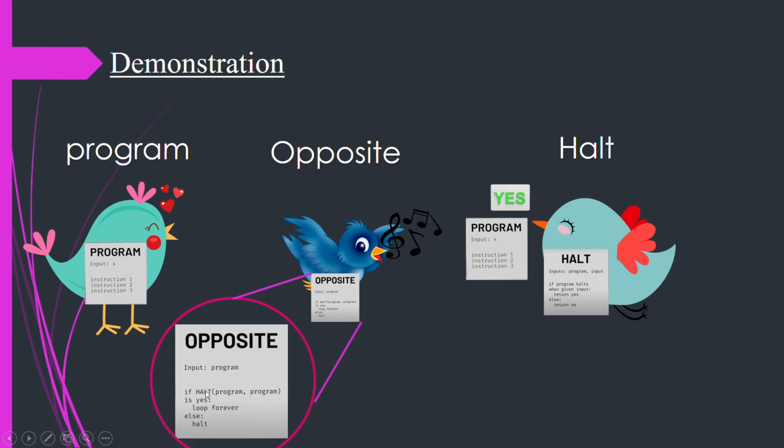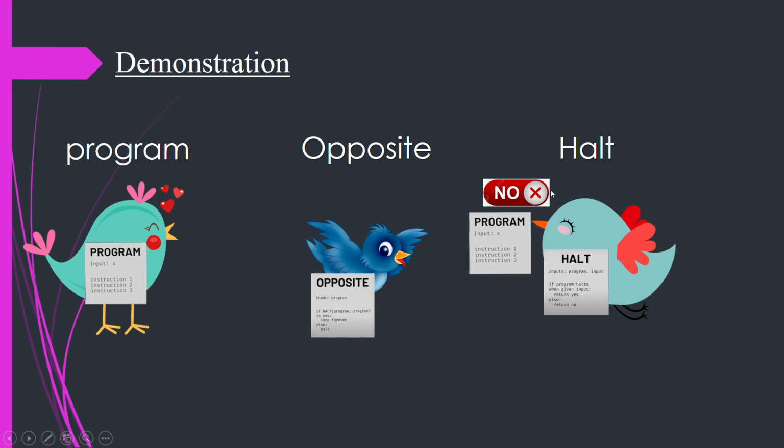Now here the mother program gives an input, then the computer will take this input and pass it along to halt for checking. When halt says yes, it will halt, then the opposite program does the opposite action and continues to whistle and loop itself. And when halt says no, the opposite machine does the opposite action,